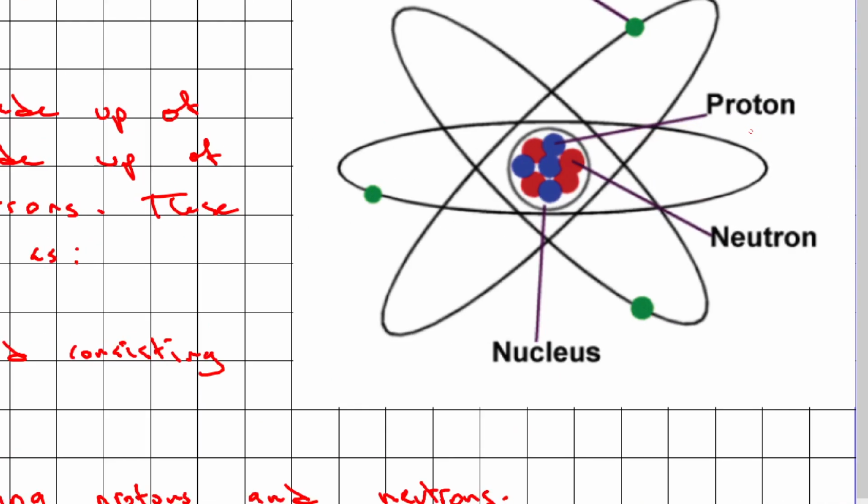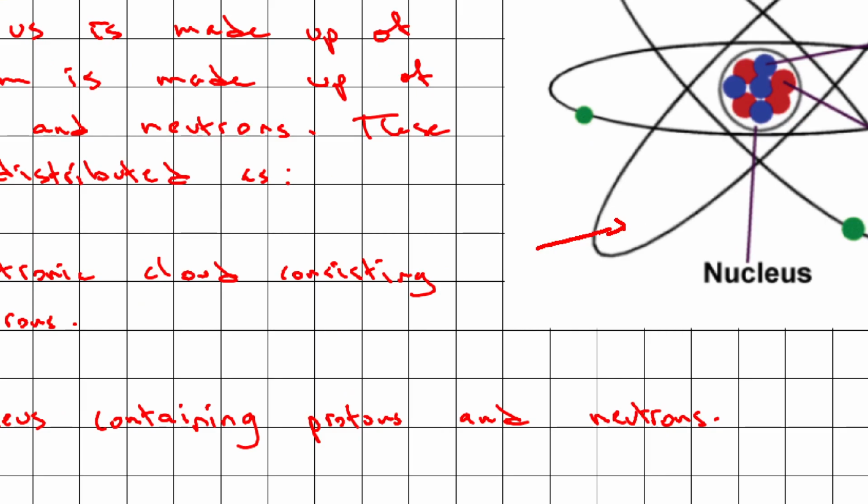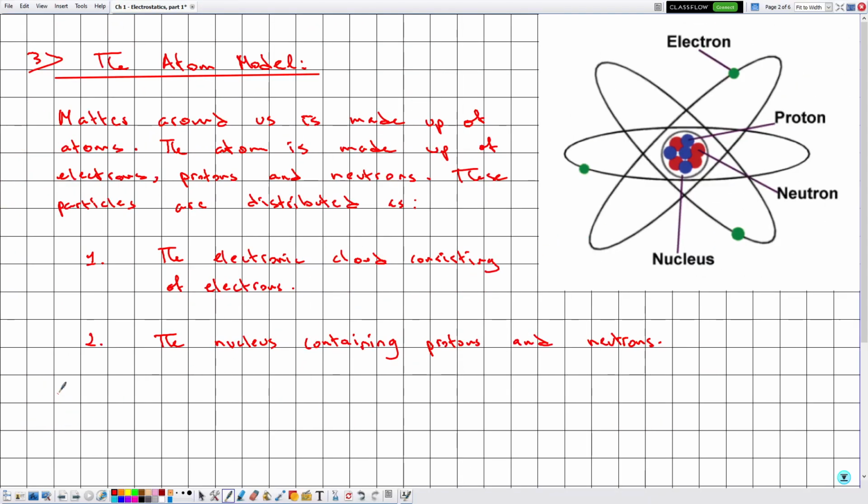So this is the nucleus containing protons and neutrons, and this is the electronic cloud, and by that we can say that the electronic cloud